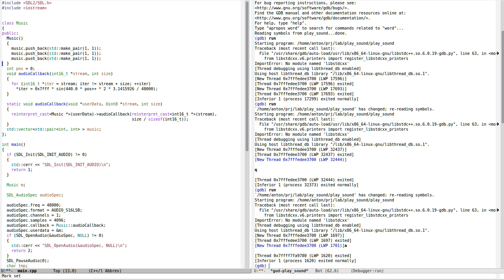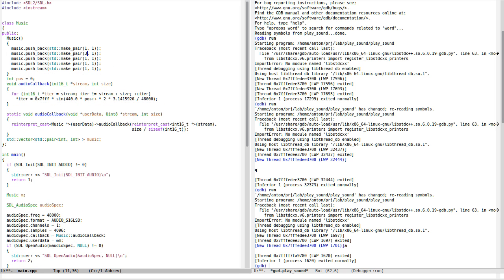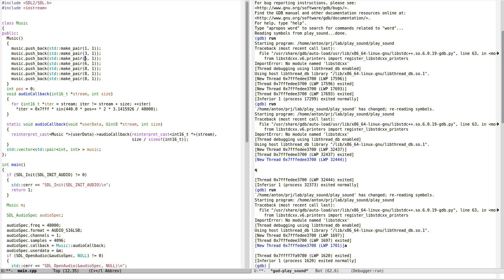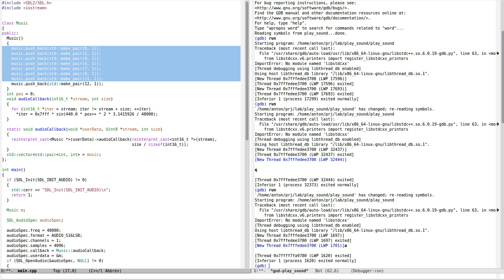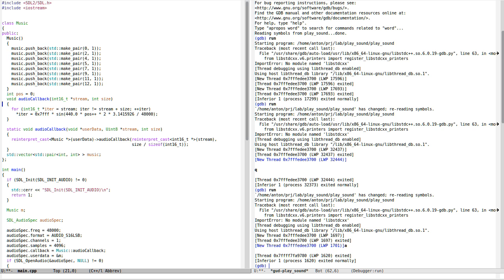1 1, 1 3 6 8, 1 3 5 6 8 10. Does it make sense? Let's make it from 0. I think it's easier for me to think from 0. 5 7 9 11. Now it makes sense. 12. So I'm just populating the music in the constructor, and here I'm